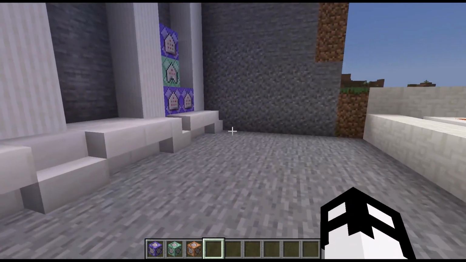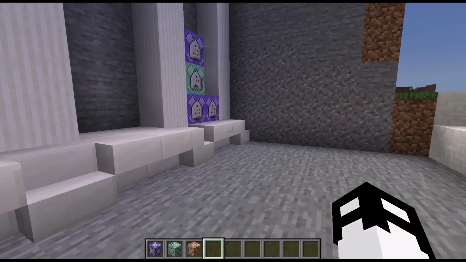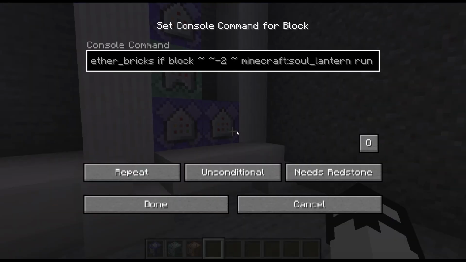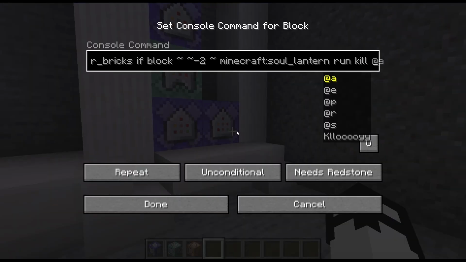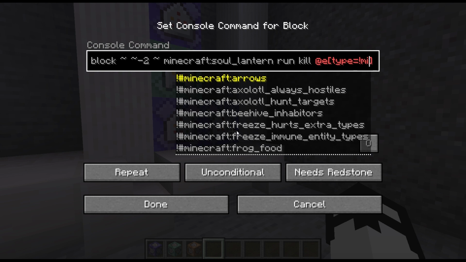You can also take that a step further. You could make them have to place a set item into the glow item frame, which is something I like to do to sort of activate it. But other than that, this is the only premise we need, and now we can run our little effects. So for instance, we might want to do some sort of warding mechanism. So we could kill all entities that are not the player. So blacklist the player